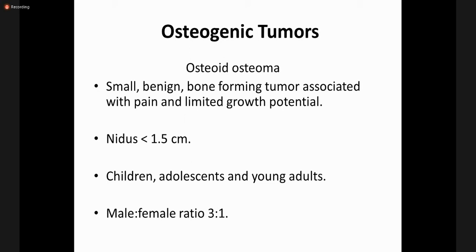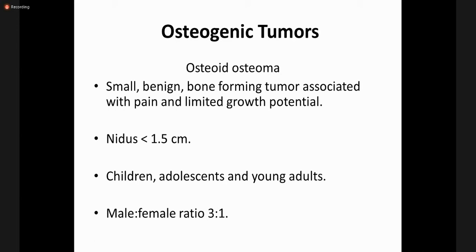So if you guys remember the classification of the bone tumors which was done yesterday, the larger groups for the bone tumors are chondroid, the cartilaginous tumors, then osteogenic tumors, then there are lymphoid tumors, hematopoietic tumors, vascular, then the fibrohistiocytic tumors. Again, there are some miscellaneous tumors, which include the aneurysmal bone cyst, and there are giant cell tumors. And there are metastases, which are secondary. So today's lecture starts from the osteogenic tumor.